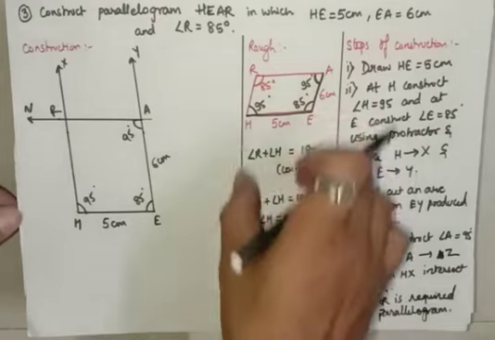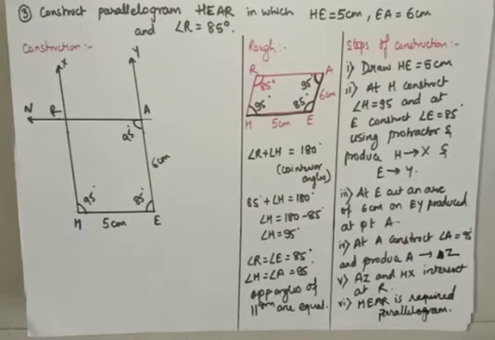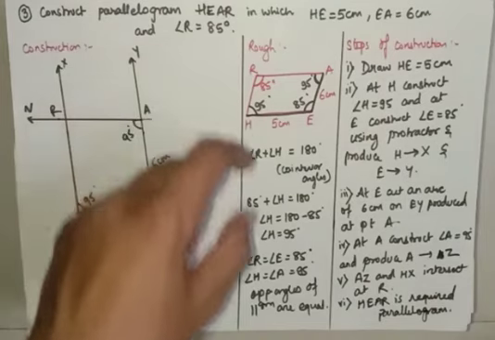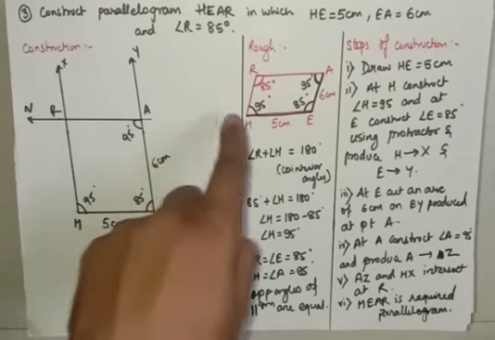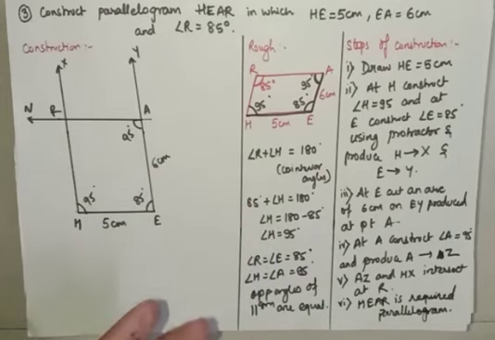The theory behind this should be there in the rough section. It is very essential to write it whenever this type of question comes in the exam. In the rough section, along with the diagram, you have to mention how you got the rest of the angles or rest of the sides in any of the questions, and based on that we will have the construction part and the steps of construction also. All these things are essential while solving these questions. Clear?